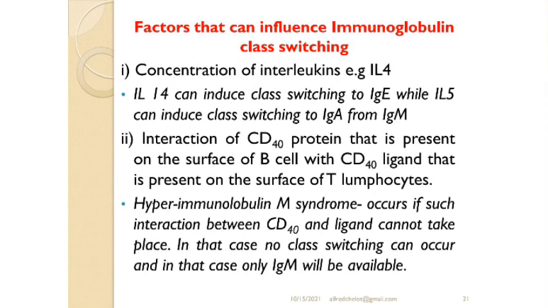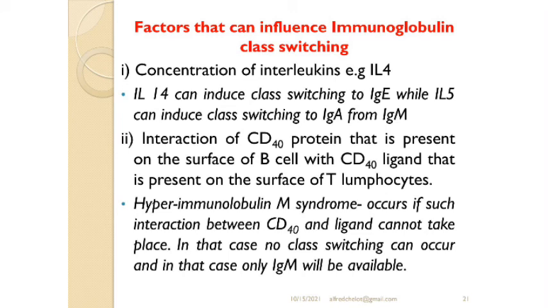Next, we are going to discuss factors that can influence immunoglobulin class switching. We will start with the first one, that is the concentration of interleukin. That is supposed to be interleukin 4 and 5. We are going to use those as examples. So interleukin 4, this is supposed to be 4, please take note of that, not 14. Interleukin 4 can induce class switching to immunoglobulin E, while interleukin 5 can induce class switching to immunoglobulin A